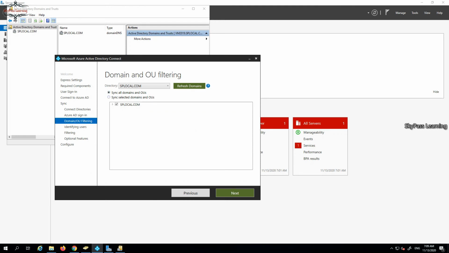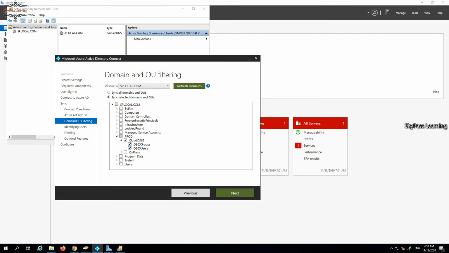Sync all the domains in the OU, or you can select it as per your requirement. So what I am going to do here is select a specific OU, that is Cloud O365. I just want to sync these 2 OUs only. Here you have an option, you can sync the entire directory or you can sync a specific user group.